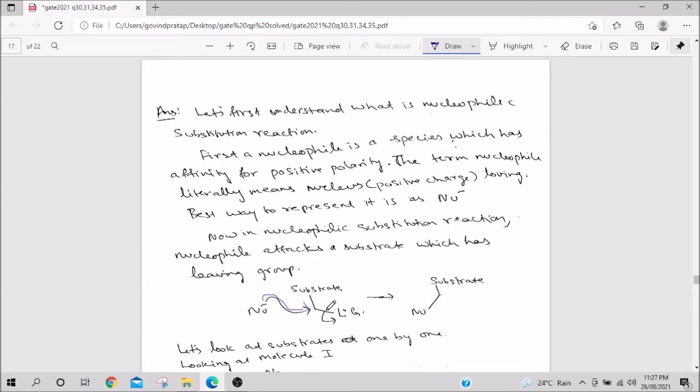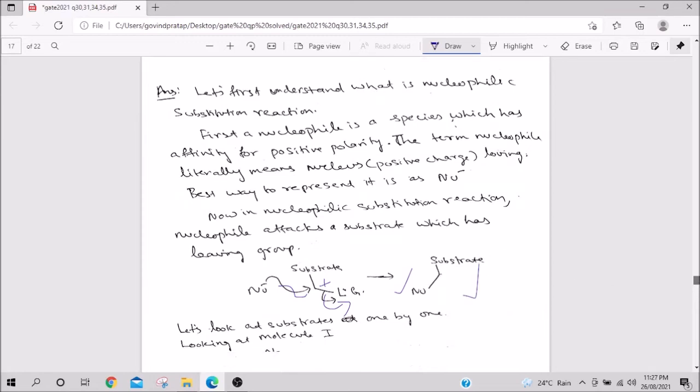So, generally the leaving group is electronegative, so it pulls the electrons. So, you are having positive polarity already, and therefore, on the positive polarity the nucleophile with its negative charge or negative polarity attacks here, and this leaving group leaves, and you get this. So, this is an SN2 reaction. In SN1, the leaving group would first leave, and you get a carbocation, you get positive charge, and then the nucleophile goes and attacks and forms the bond. So, that is an SN1 reaction.